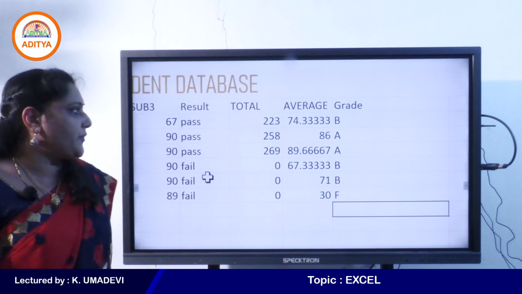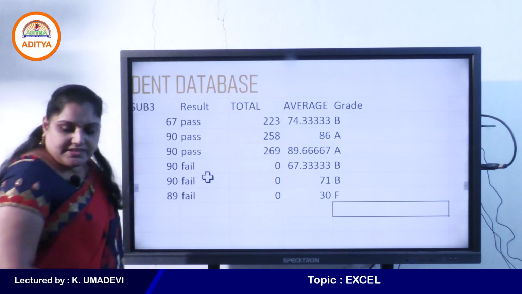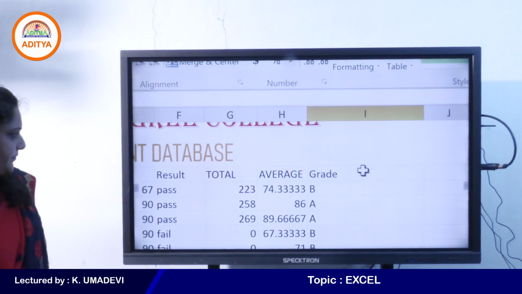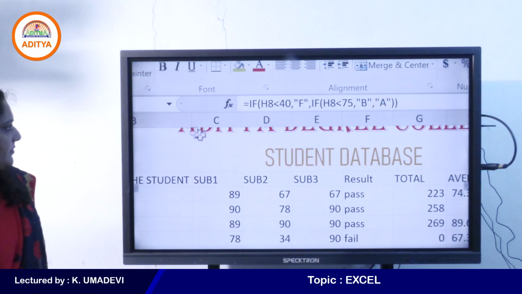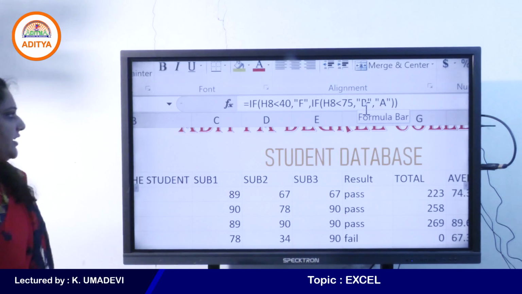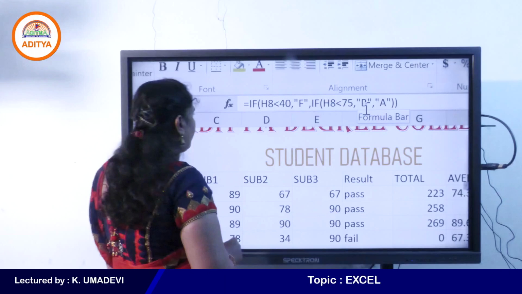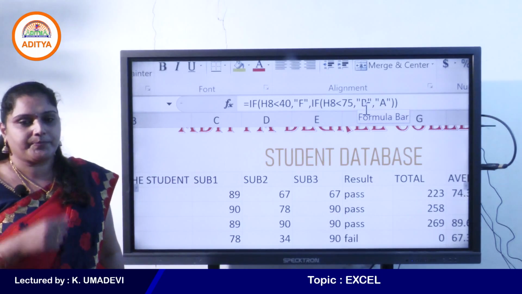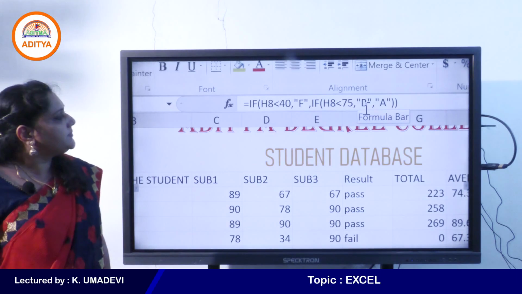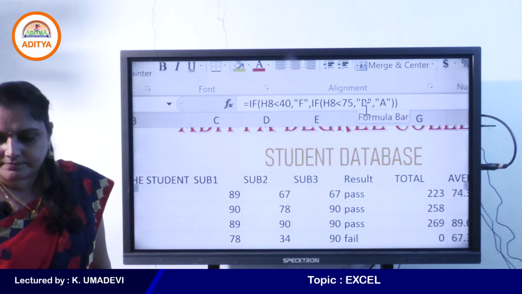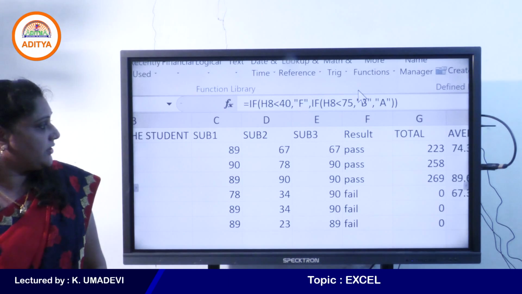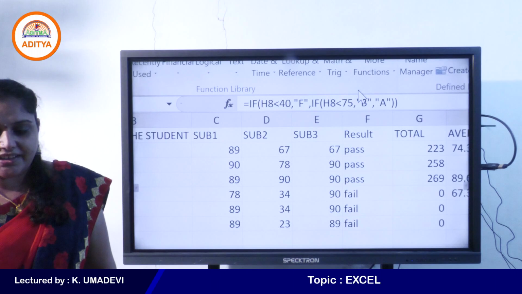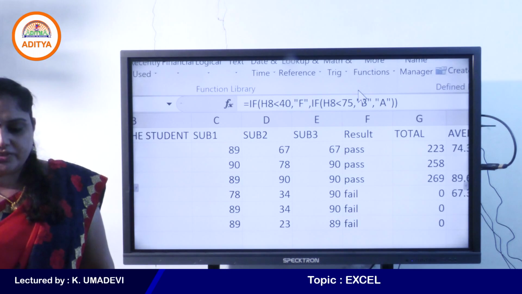I am asking about the formula. Here we have two conditions, that is, the value available in H8 is compared with 40 and 75, okay. Yes, students, it is possible, but I need a formula using nested if.